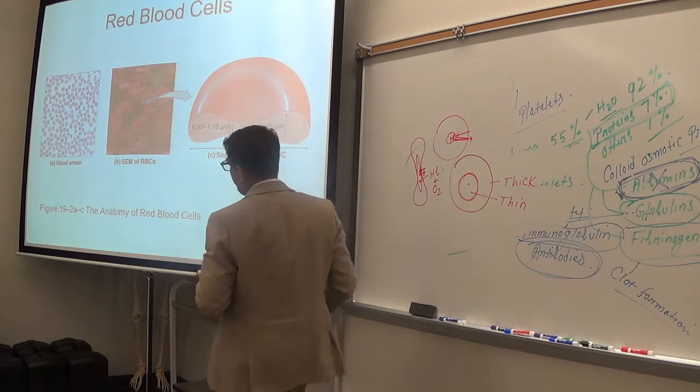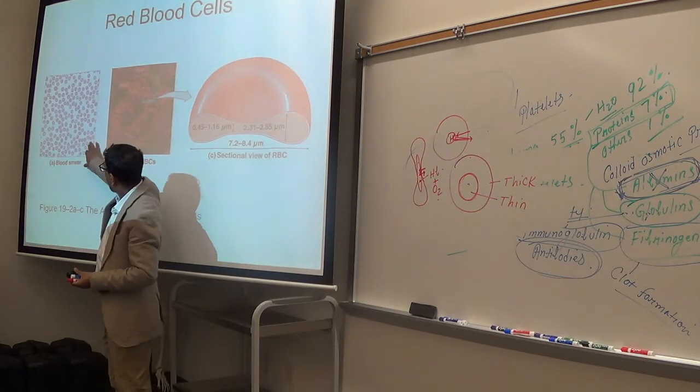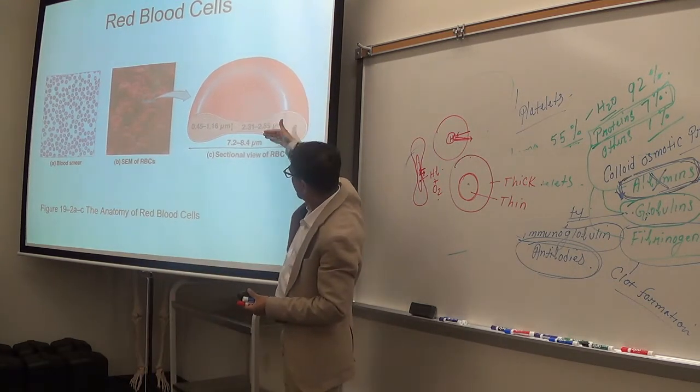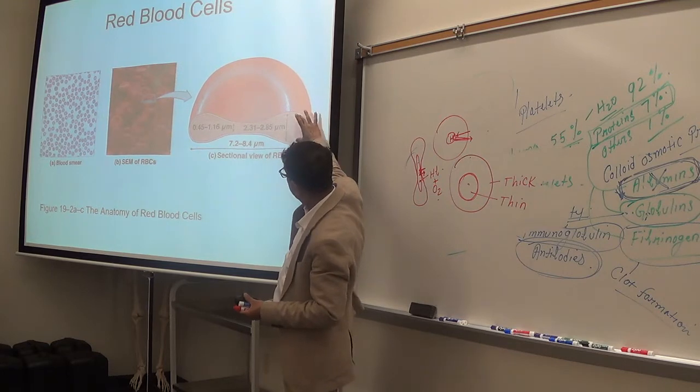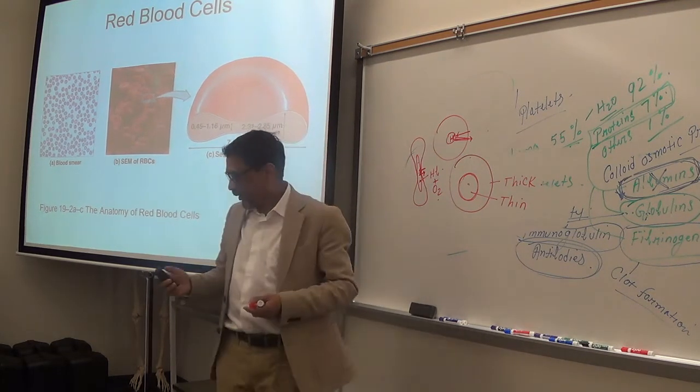Here you see these are the red blood cells under the microscope. This is the cut of a red blood cell. Its outer part is thick, inner part is thin. Okay, and